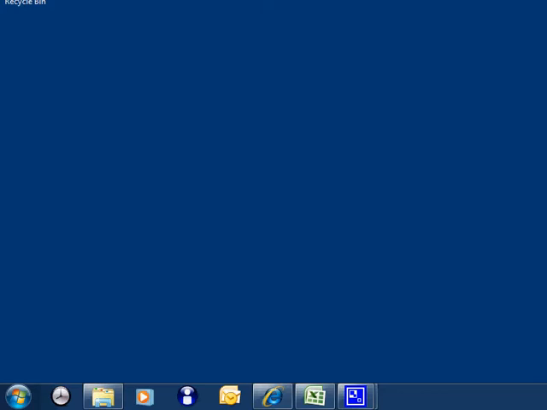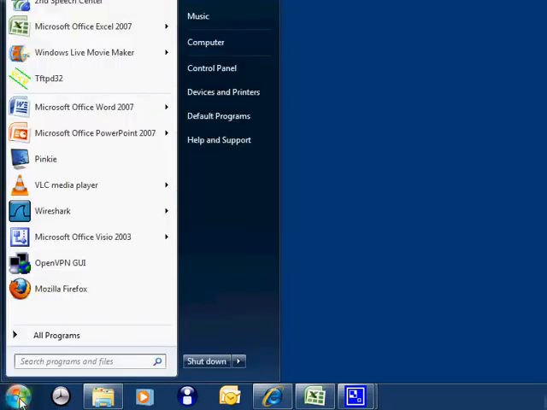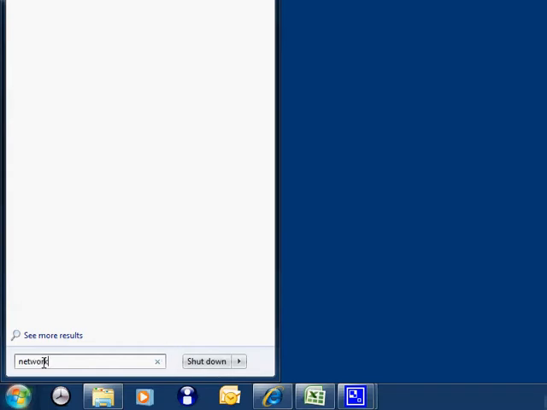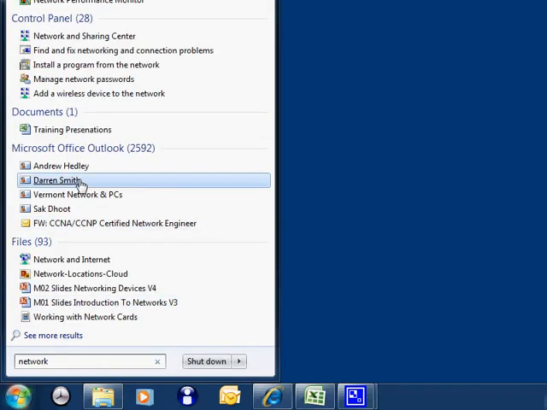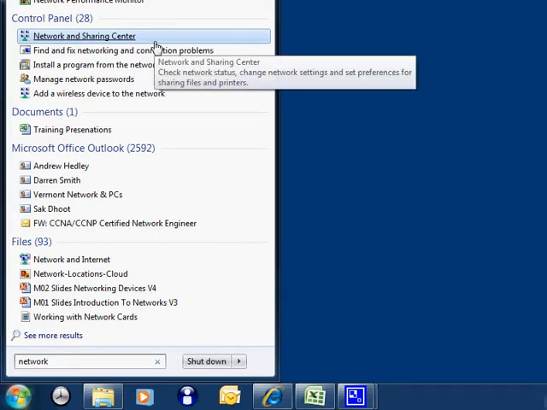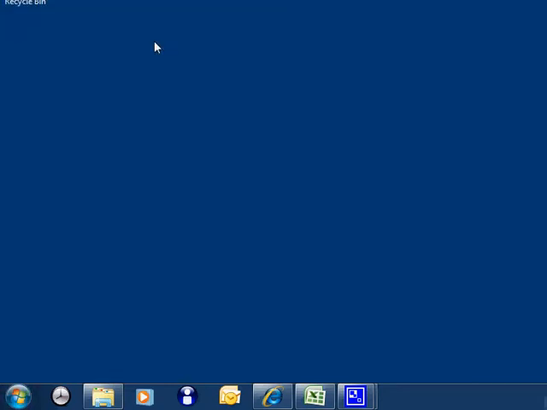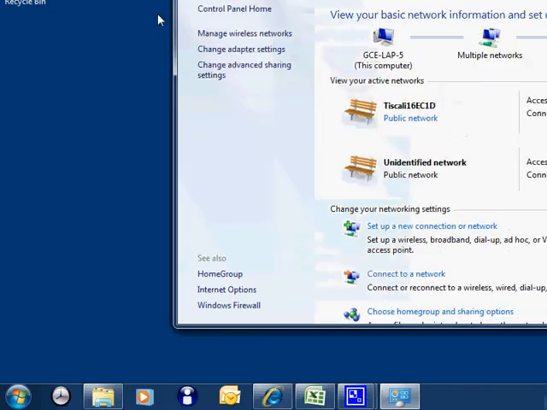To make the problem slightly worse, different versions of Windows will give you different ways to get to the same place. However, if we go to Start and in the search box just type in network, in the list will come up this section here, the Network and Sharing Center. Okay, so if we click there, we get this